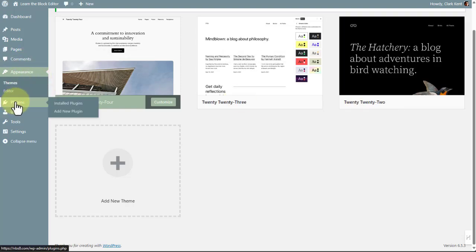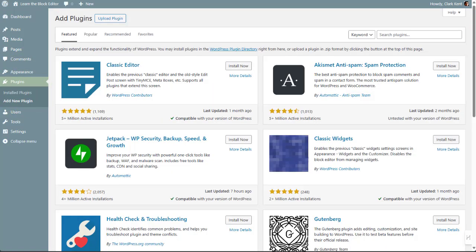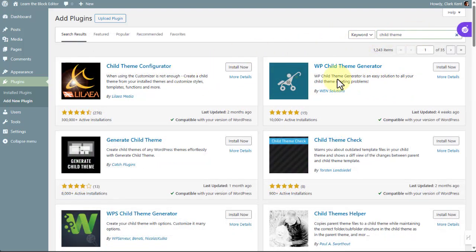Let's go to the plugins, add new, and up here in the top right search plugins box, type in child theme, and you've got several to choose from. So if you have experience with one of these, by all means, stick with it. But for this demo, I'm going to go ahead and use the Child Theme Configurator,